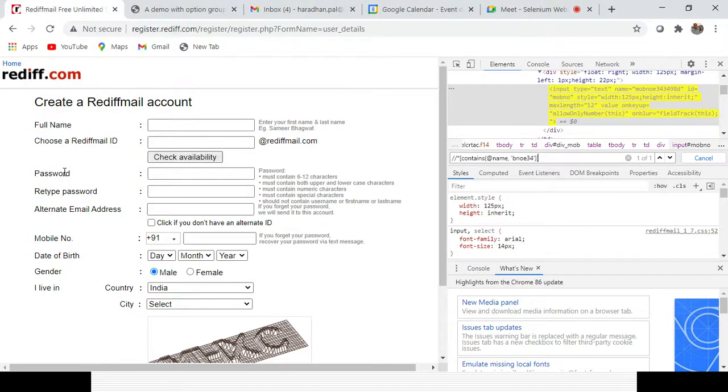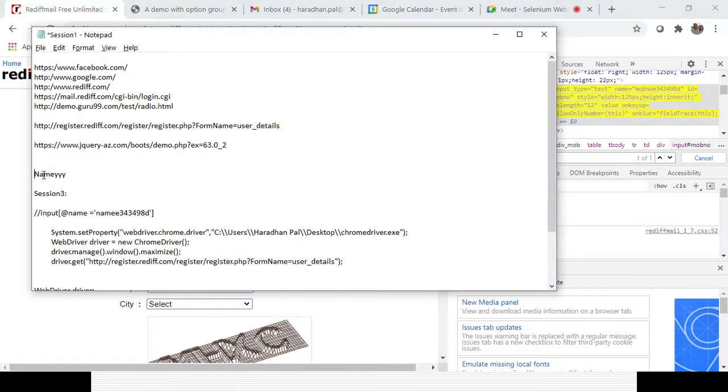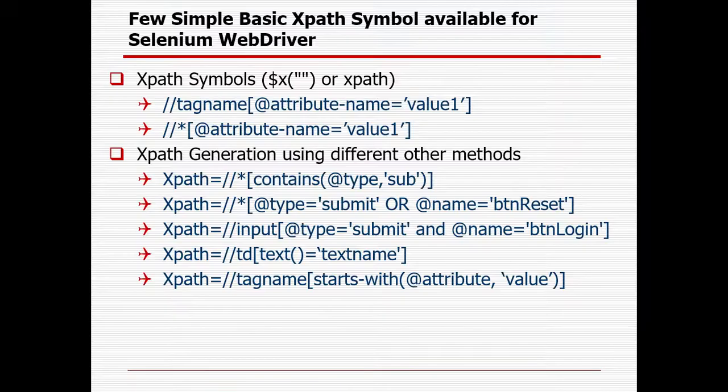In case this is the option name YY, you will use starts-with for the name part, and this is the dynamic component, so I will not consider it. And if you know the total component is fixed, you can use it. Instead of starts-with or ends-with, you can simply use any of the options.